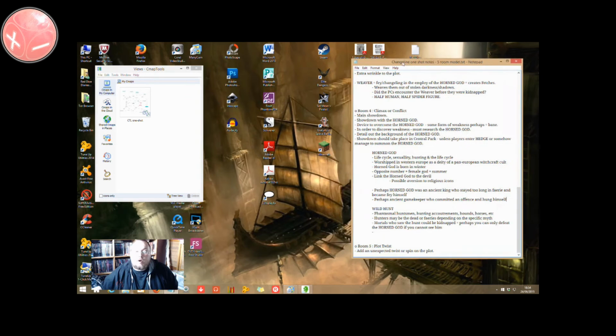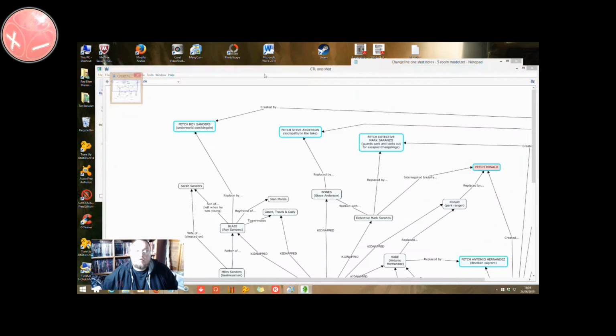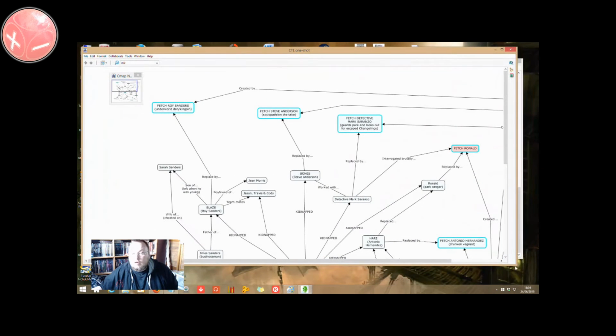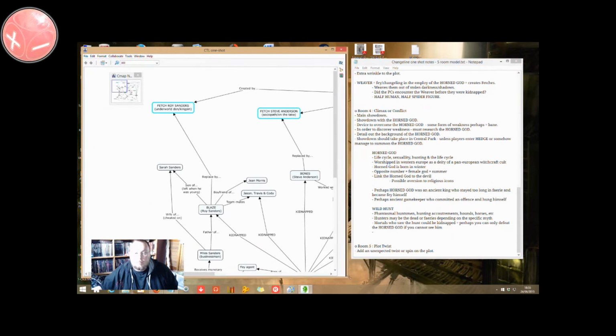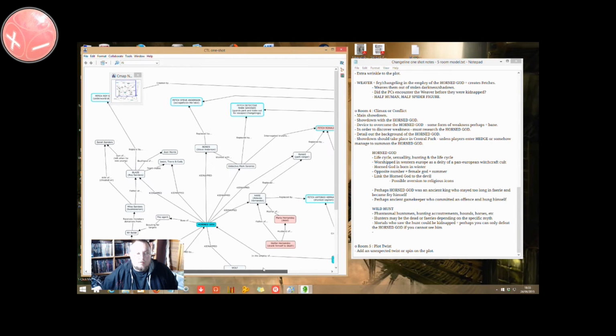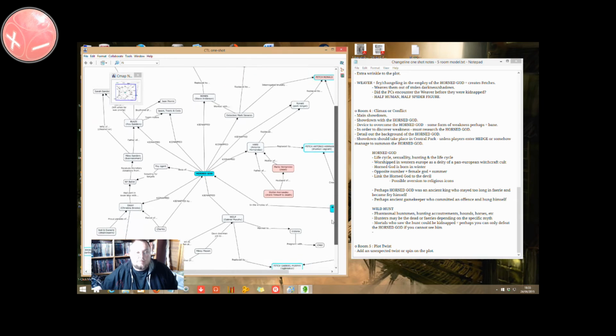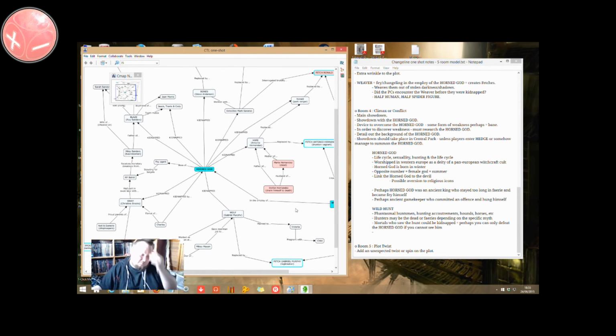So if I open my CMap tools, there we go, there's our relationship diagram. Zoom out a little bit. I like the idea of the ancient gamekeeper who hung himself. I think that's a very